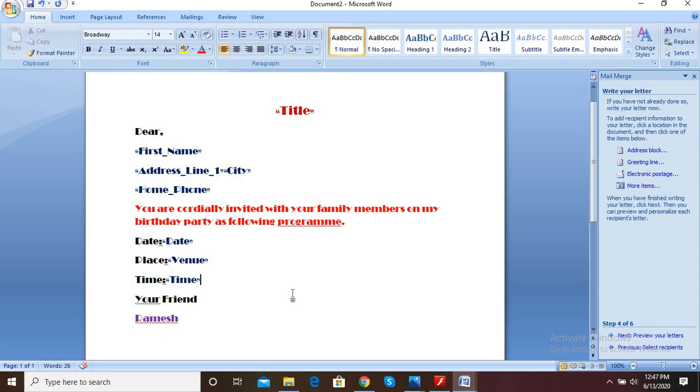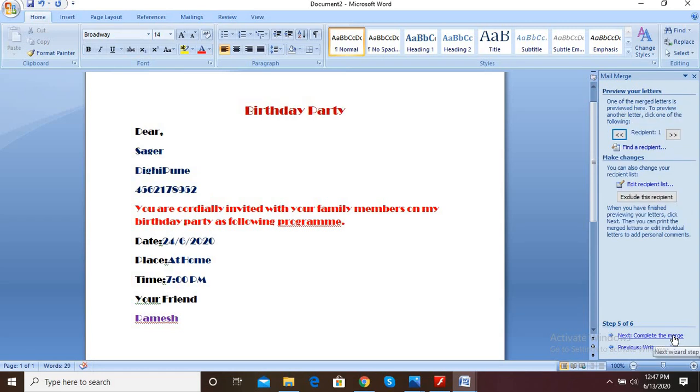Now after completion of the fourth step, go to the next step, that is complete the merge. You see, when you click on the fifth step, here Sagar, then Dighi, Pune, your phone number, first person information will come. Okay, at your right side is the recipient arrow.